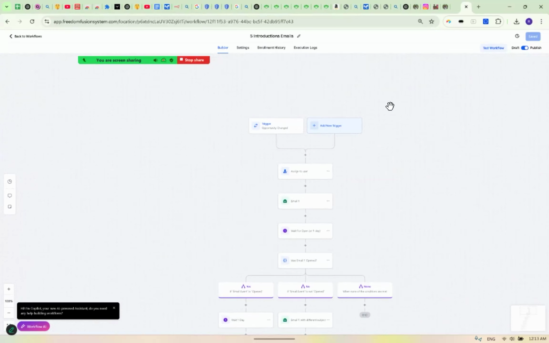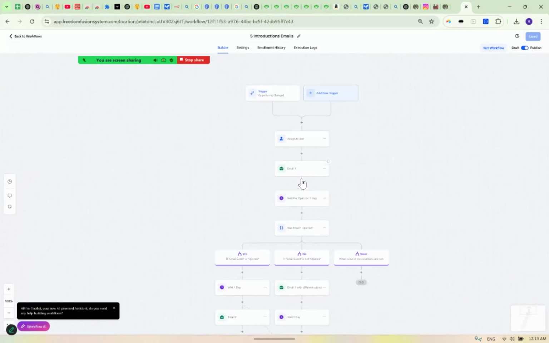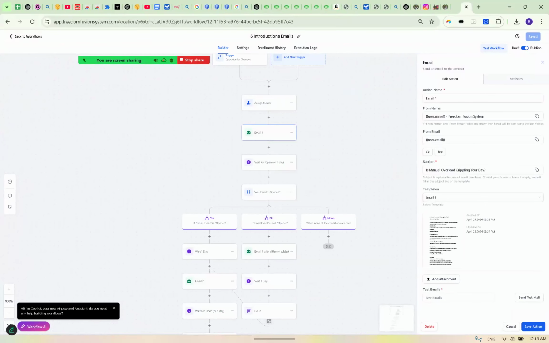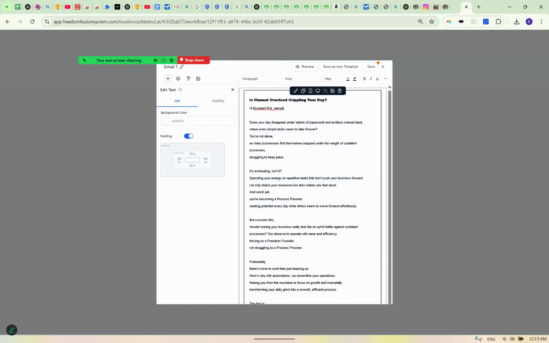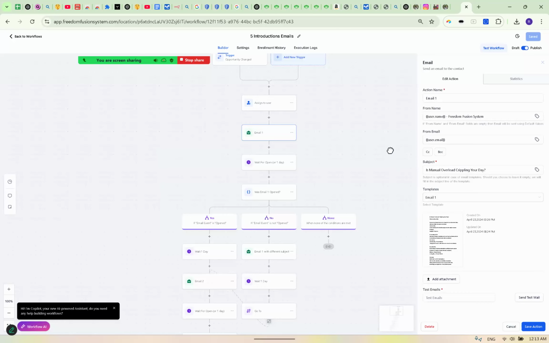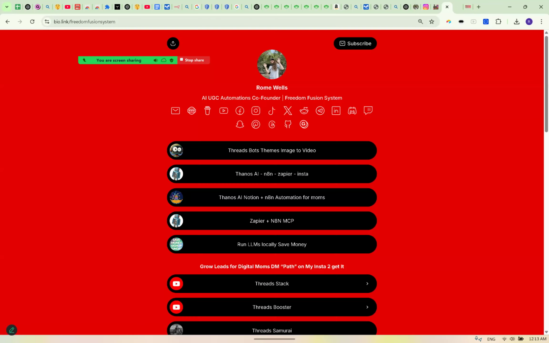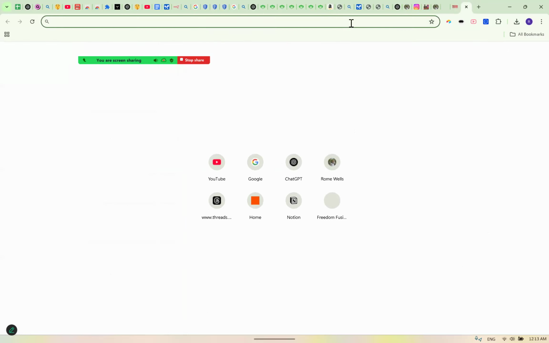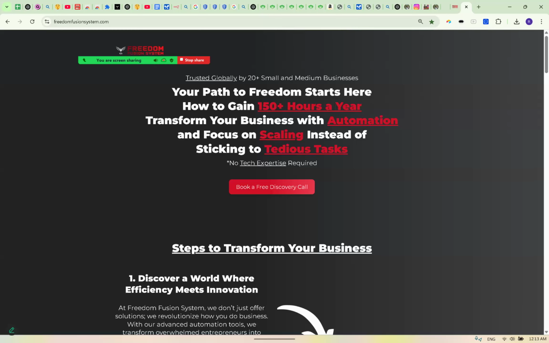And all of those kind of things like email nurturing campaigns, what happens, let's say somebody fills out a form, we could design templates for you, for your business, for your customers, where you could just plug and play all the information directly inside of a template. So let's say you have a bunch of customers who filled out a form, just like I showed the form over here on freedomfusionsystem.com. Then what's going to happen is